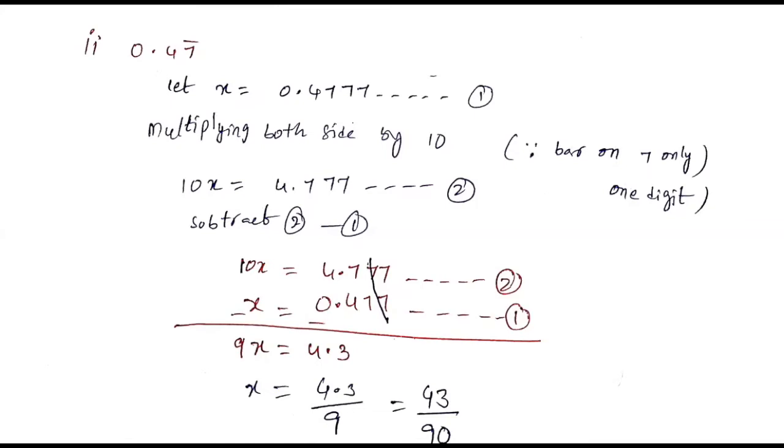Once you open your book, question number 3, I will explain. Express the following in the form of P by Q, where P and Q are integers. First question 0.6 bar. This question also, 0.477 bar. 0.001 whole bar. And the fourth question: express 0.9999 and so on in the form of P by Q, which is nothing but 0.9 bar. I will explain the fourth question now. You already completed the first question. So I completed 3 and 4.